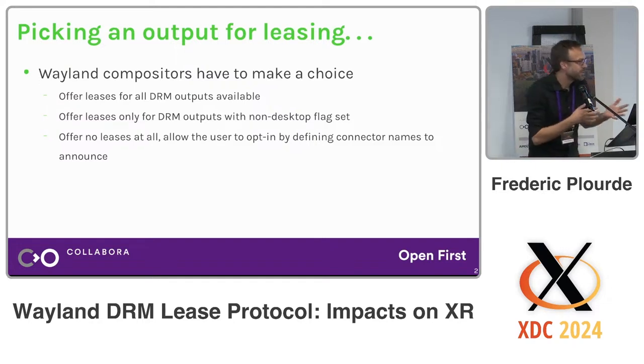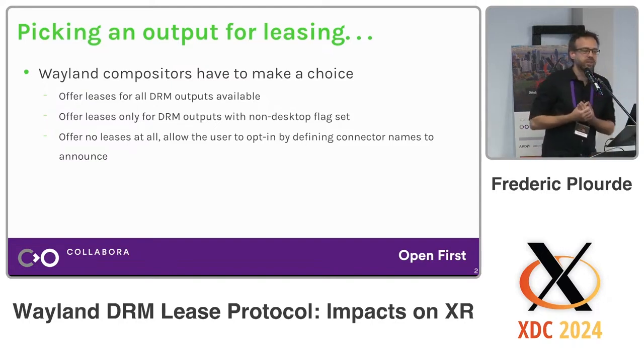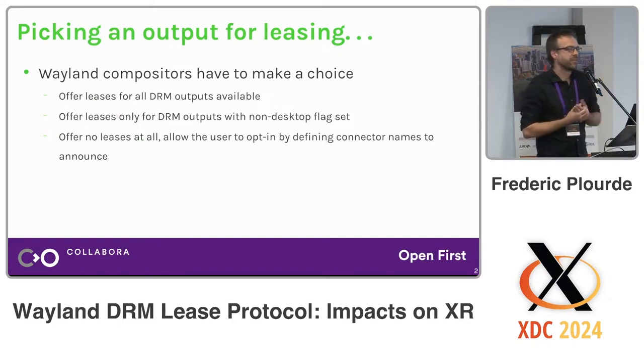So we've had DRM Lease on Wayland for 3 years. Everybody loves it. It works great, but there are still some open questions. For example, when it comes to offering DRM leases, what DRM outputs should a Wayland compositor pick? There are 3 general approaches to that. From the Wayland compositor, you could just offer leases for all the available DRM outputs. It can restrict that list to probably just the ones with the non-desktop flag set. Or it can offer no leases at all,